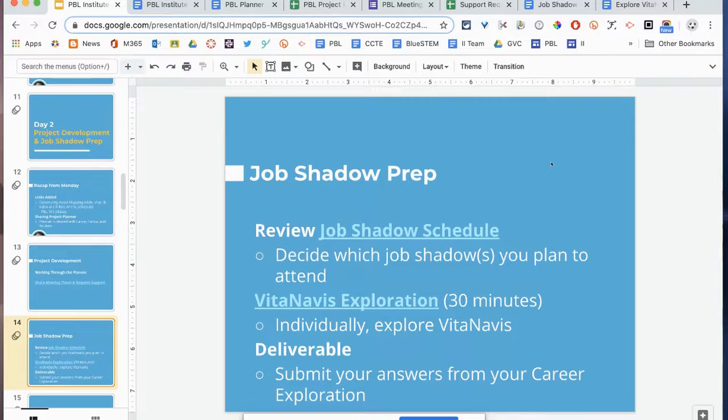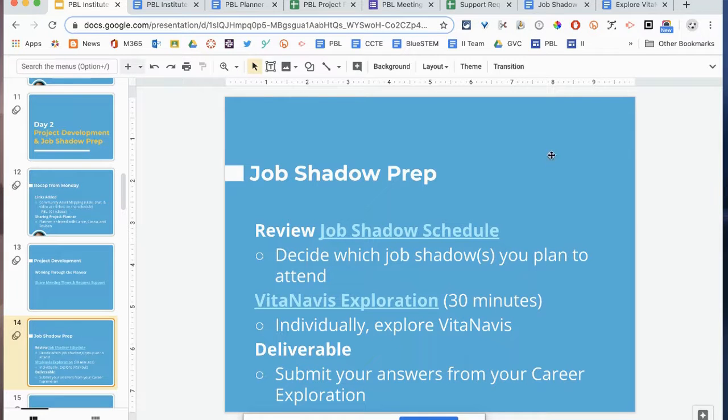No, it's not like going to a company like we have maybe in the past, or for those of you that haven't been to PBL Institute before, normally on the 3rd day of the Institute, we take a job shadow experience. We'll go to a company and we'll get a hands-on experience at that company, a tour, get to see what they're up to, learn directly from them. In this case, we can't do that, so we're turning it virtual, and it's going to be awesome.